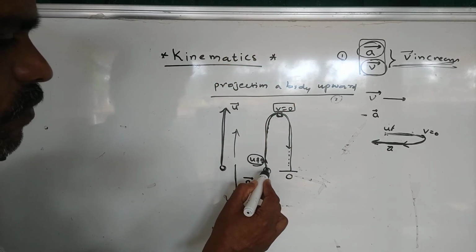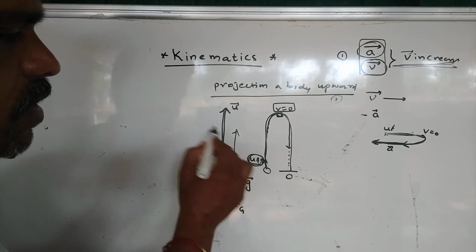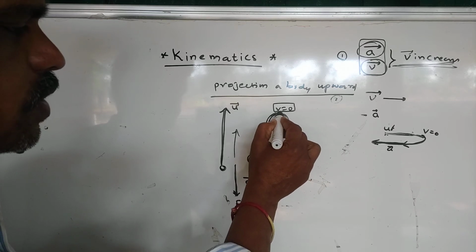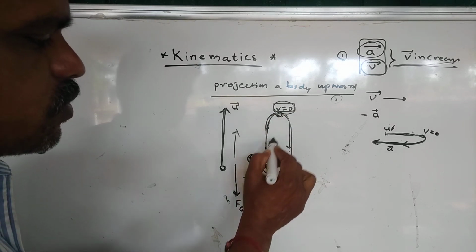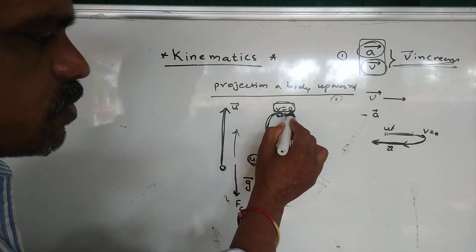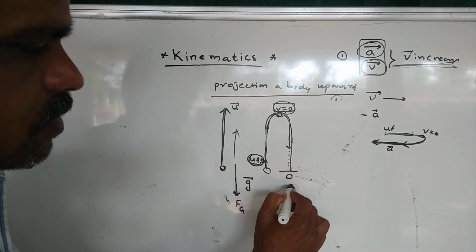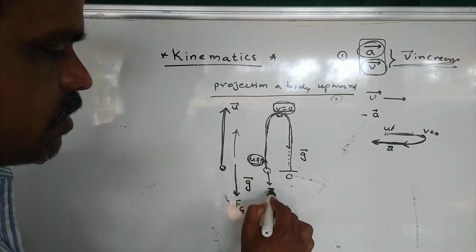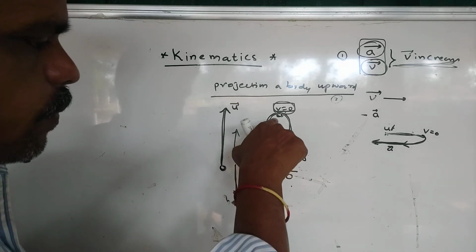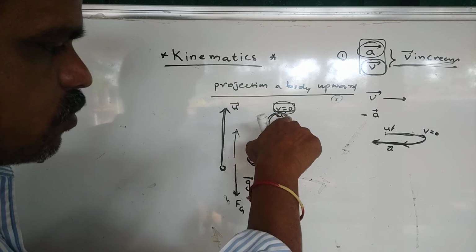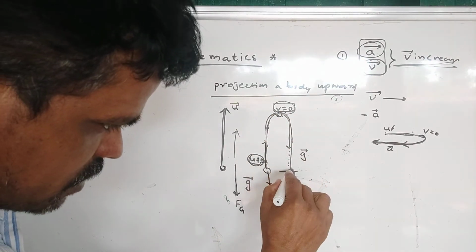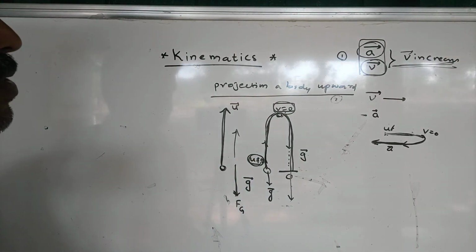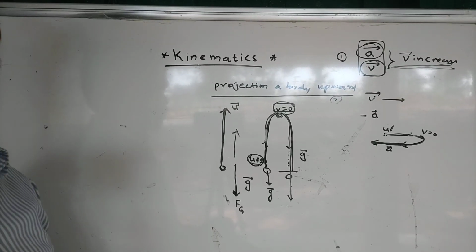So we are projecting a body with initial velocity u not equal to 0, then the body goes to a higher point, where the velocity v becomes 0, then the ball goes down to the earth with gravitational acceleration. So initially gravitational acceleration is downward, velocity upward. In this case the velocity goes to 0, comes to rest, then goes back, accelerated in the gravitational acceleration direction. So generally the ball goes up and goes back onto the earth. This is the situation in projection of a body in the upward direction.